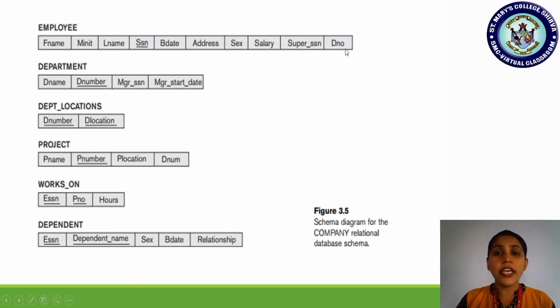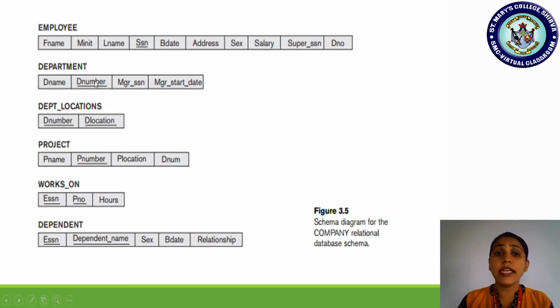DNO becomes a foreign key only when it is referred with the same data type as the definition in the department relation. Department number, for example A1 for accounts department, is a combination of alphabet and digits, so alphanumeric, or it could be character type.